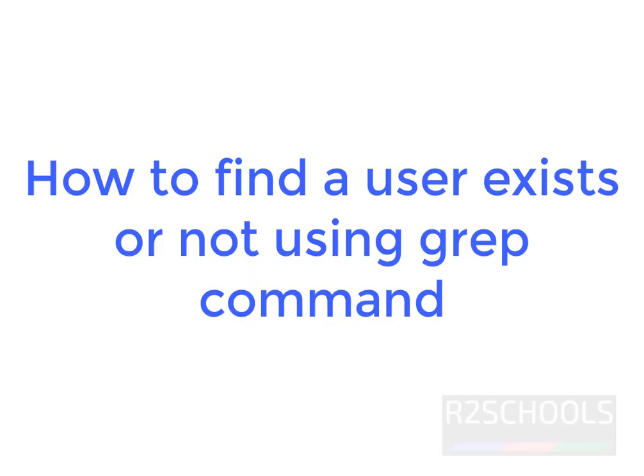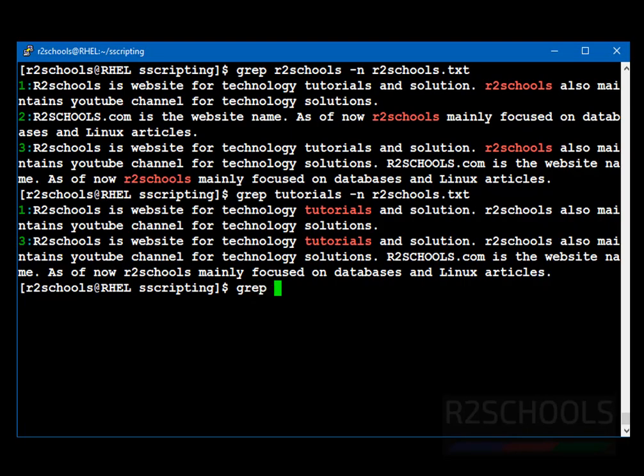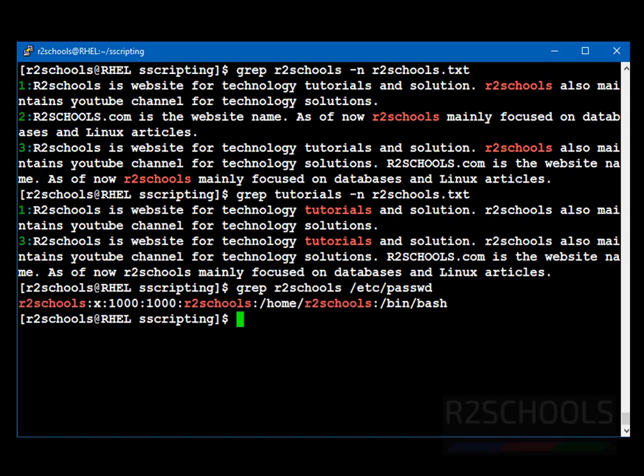Okay. Next example is, we are going to check whether a user is present or not in Linux by using the grep command. Grep username, R2schools. User's path is /etc/passwd. See, user is present. The same way, verify another user.